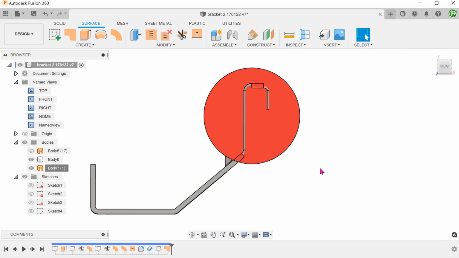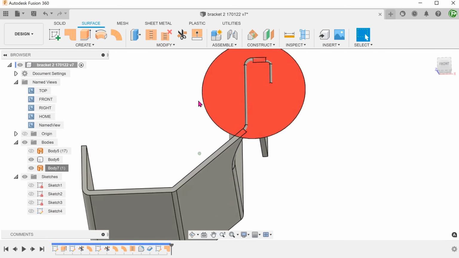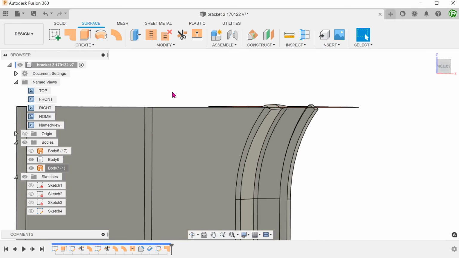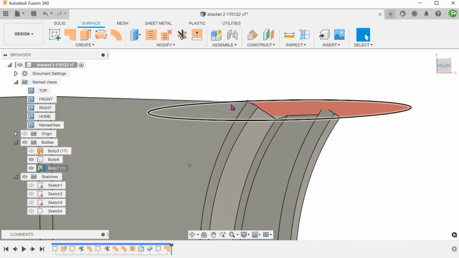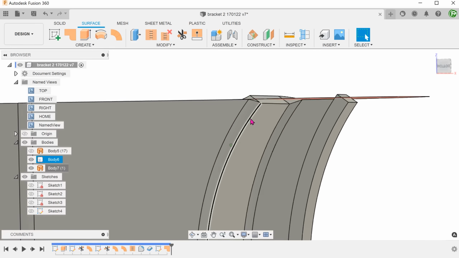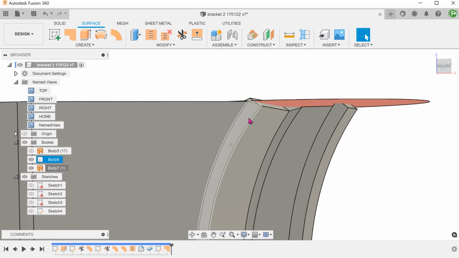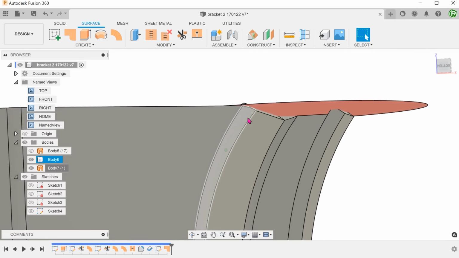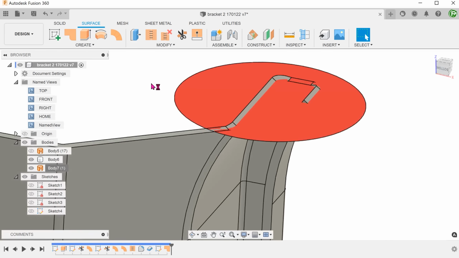With this patch surface, you can see that some of the offending regions are under the surface and some are above the surface. This is where the power of the Replace Face command comes in. Activate the Solid tab.